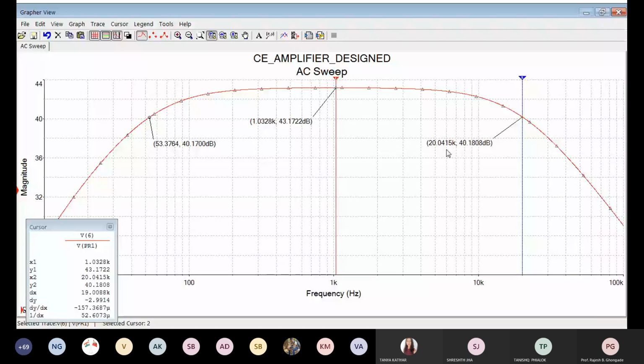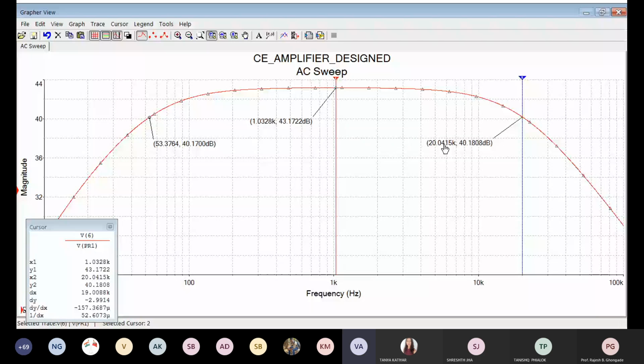There is a slight problem here. The lower cutoff is slightly higher than 50 Hertz, which shouldn't have been there. It should have been slightly less than 50 Hertz. So maybe I'll tell you what we can do about it, but it is very, very close. Again, look at the gains. This is 40 dB, this is 40, this is 43. And earlier in the design software, we had similar kinds of values if you have noted them down.